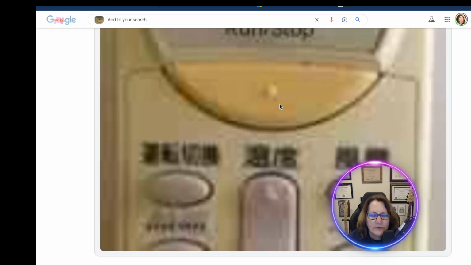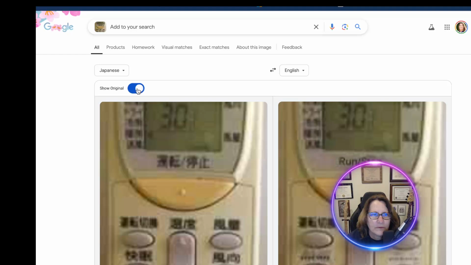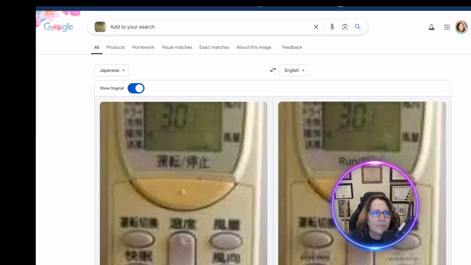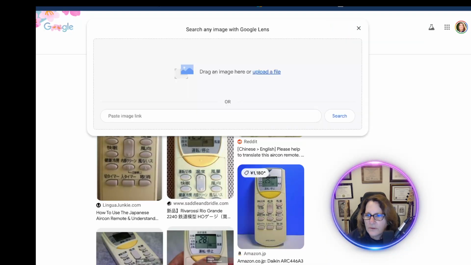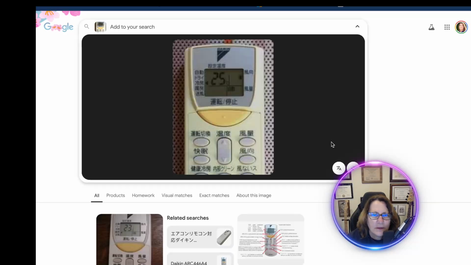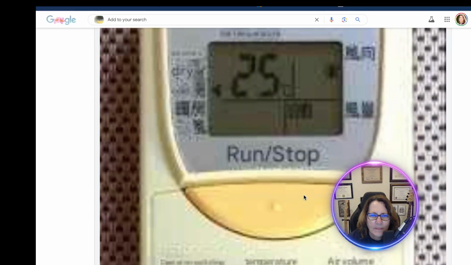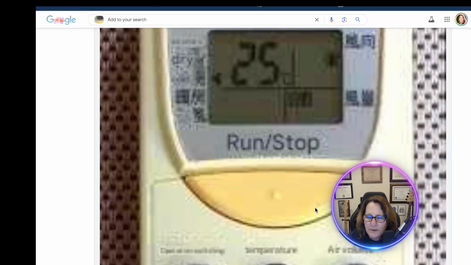Japanese, English. So let's see if it can do it. Oh, so yeah, it's very blurry, but it is translating it. I need a better image to do, so let's try this one. That's not as blurry. Put it here and translate. So it's still pretty blurry, but